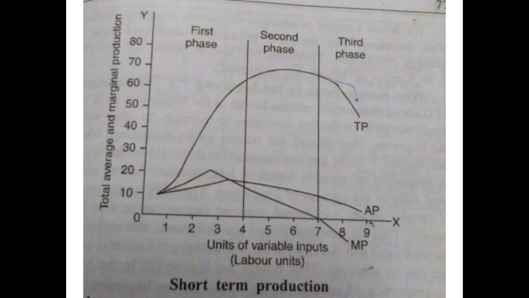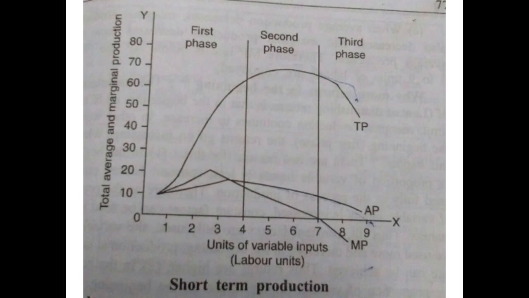Why more returns in the beginning? Now we are going to study why there are more returns in the beginning, that we had seen that TP is increasing, MP is increasing, AP is increasing, but why is it increasing in the beginning? What are the reasons? So let us take a look at it. The important trend of the law of diminishing returns is that in the beginning up to a certain limit, MP continues to increase. In other words, in the beginning the returns go on increasing.